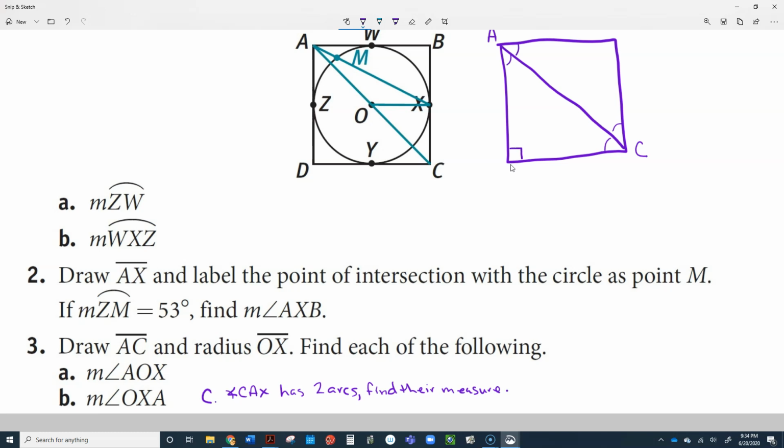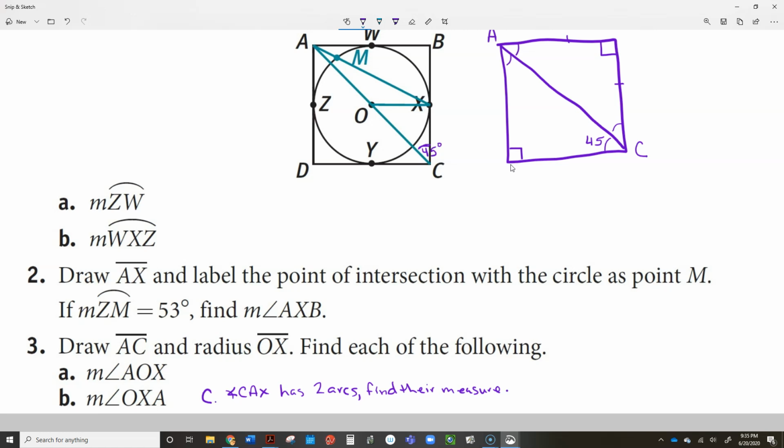Okay, now we also know that it's a square, so all of these angles start off being 90 degrees, and if these two are the same size, then again these two angles right here must be the same size, so these must. So anyway, we figure out that this is a 45-degree angle. So this angle right here is 45 degrees. Okay, now why is that helpful? Well, if this angle is 45 degrees,